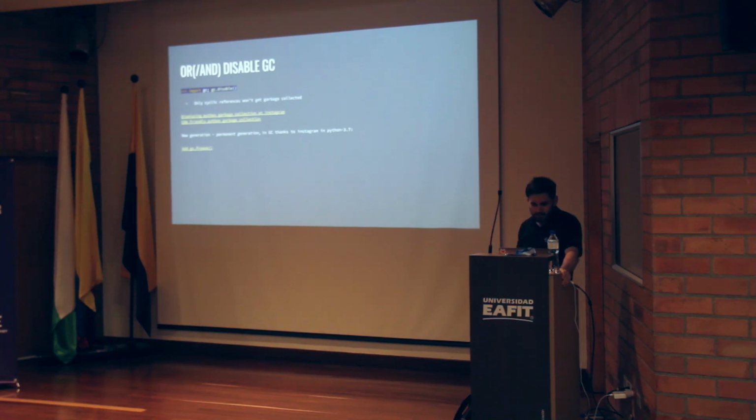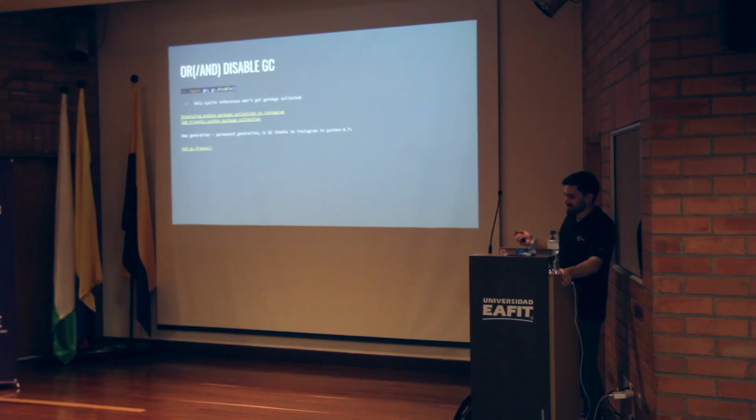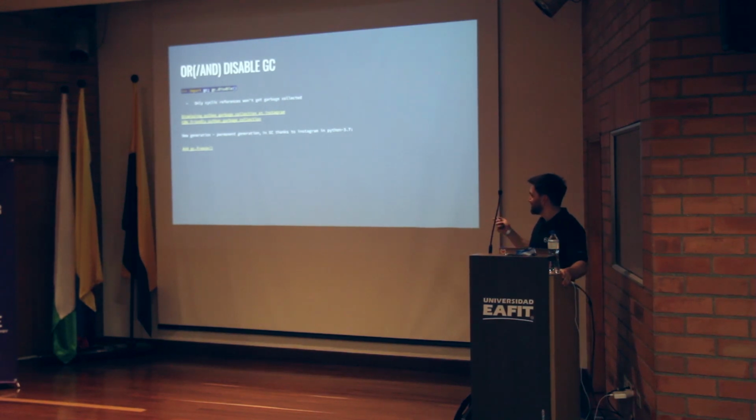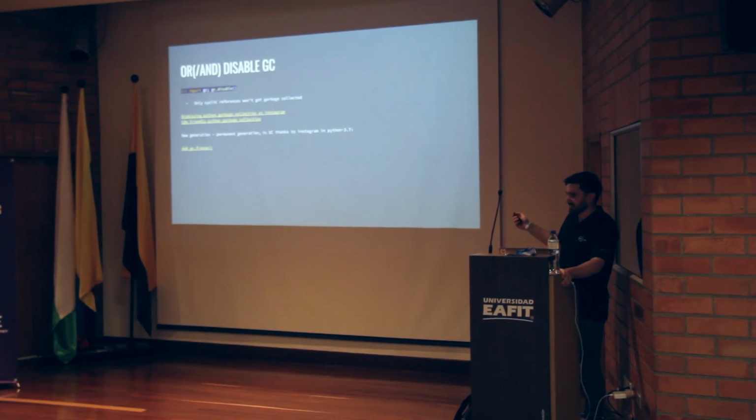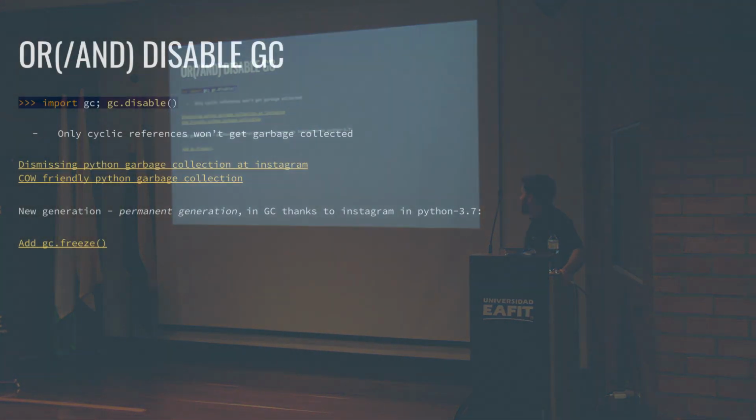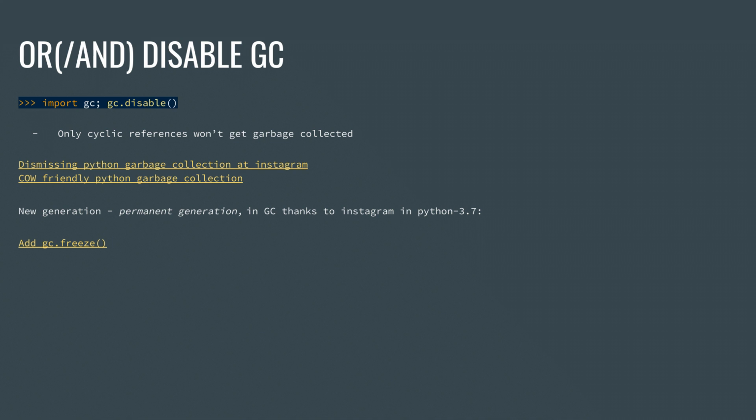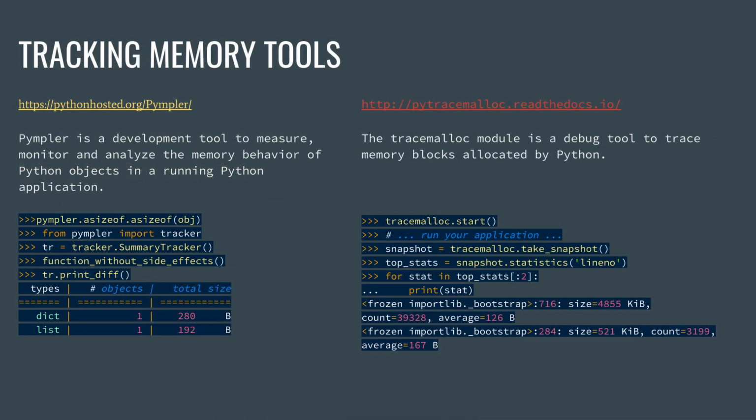And actually I found out about that today when I was preparing this presentation, and I think this is the best thing you can get from this presentation, because it's actually something usable. So if you are using Python 3 and you update to Python 3.7, look into GC freeze and use it before forking processes. Yeah, this will be very fast.